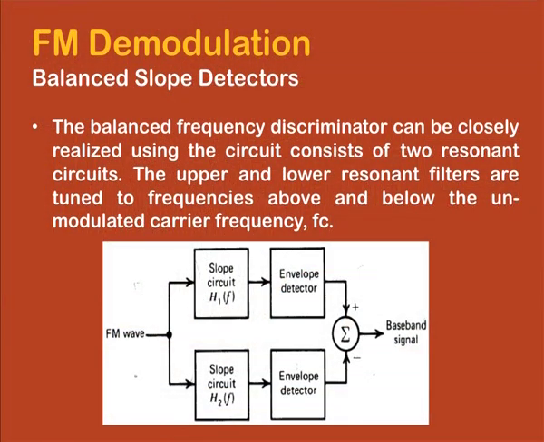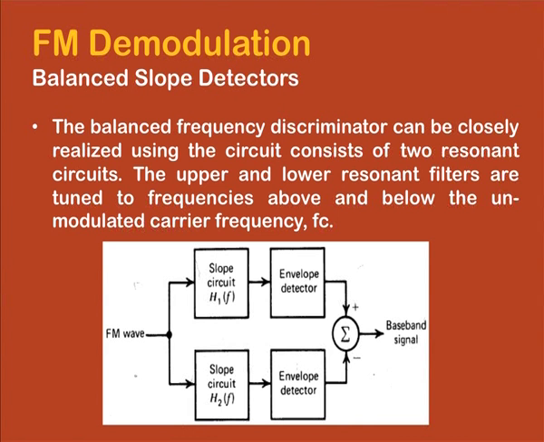Continuing our discussion on FM detection, last time when we talked about the slope detector, we discussed that the biggest drawback of a slope detector is that it has a linear response only over a very narrow band of frequencies, whereby it is not very useful for wideband frequency signals. So now we are going to look at an improved version of the slope detector, which is known as the balanced slope detector, and we will learn about its functioning and see how it can improve the performance in terms of the larger frequency range over which the frequency response of the detector is